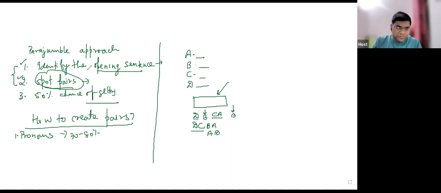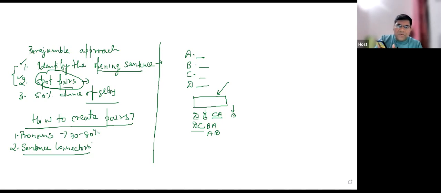That is clearly given here. The second thing that you use to form pairs is sentence connector. This is something I will discuss very elaborately today. In fact, I had to discuss this before as well, but I thought, okay, this thing, sentence connector. Many of you don't know the meaning of sentence connector, but I will explain today. This is my question, I mean, this is not from IPMAT. It's my question. I mean, I have taken 5 sentences, but it's not there in either of the exams. Okay. So let's go and discuss connectors.